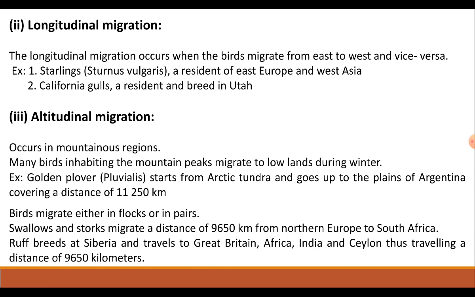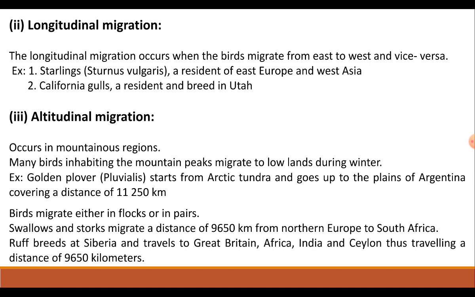When you see the altitudinal migration, the altitudinal migration occurs in mountainous regions. Many birds inhabiting the mountain peaks migrate to lower lands during winter. Example, the golden plover starts from Arctic tundra and goes up to the plains of Argentina, covering a distance of about 11,250 km,